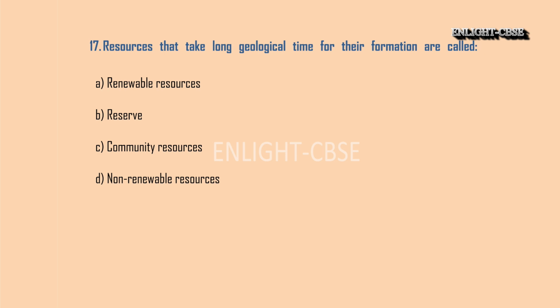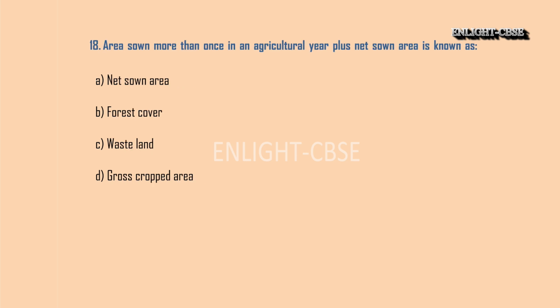A. Renewable resources. B. Reserve. C. Community resources. D. Non-renewable resources. Answer, non-renewable resources. Question 18. Area sown more than once in an agricultural year plus net sown area is known as